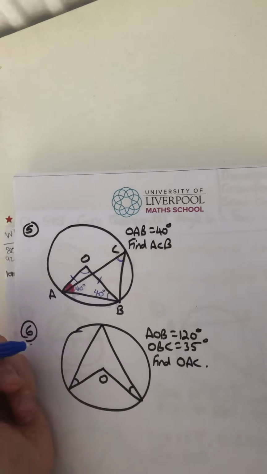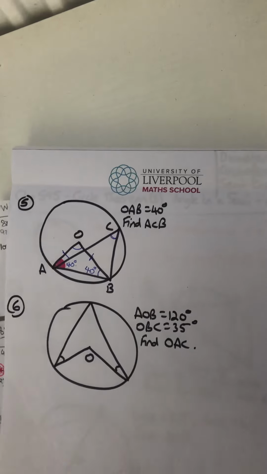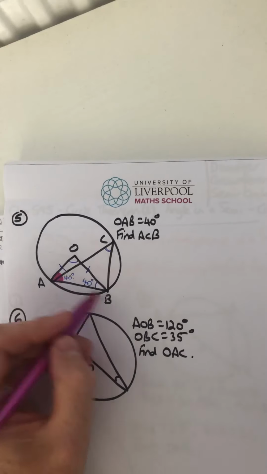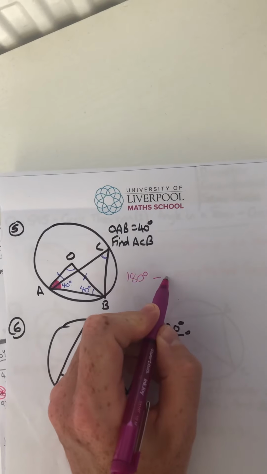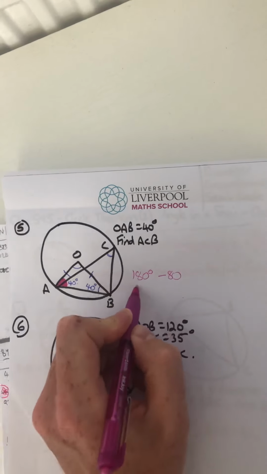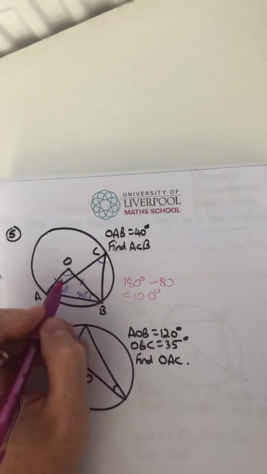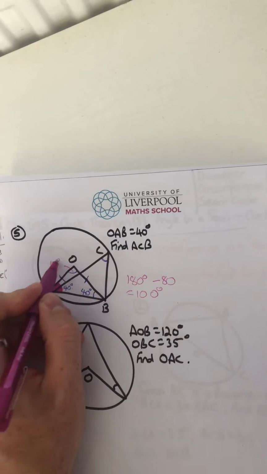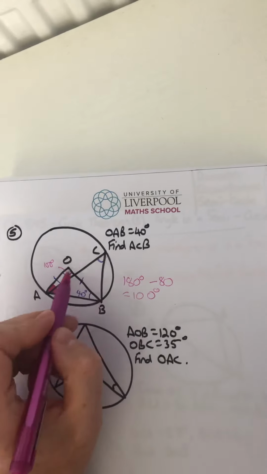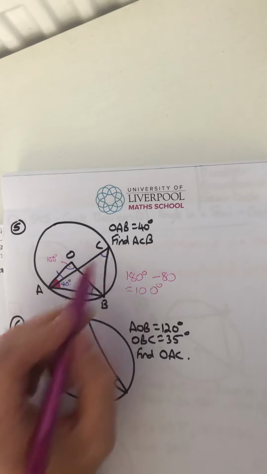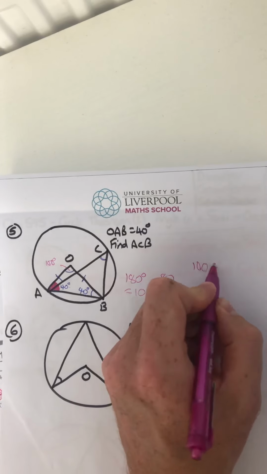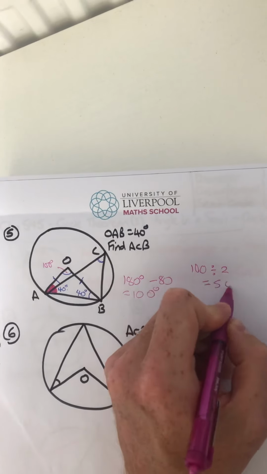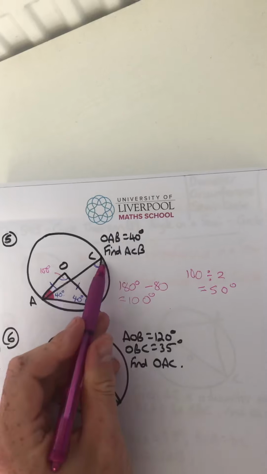Okay, so if we know that those two are 40, you should be able to tell me now what this centre one is. It's a triangle, so you do 180 degrees in a triangle, take away two lots of 40, which is 80, and that is 100 degrees. That means this one is 100 degrees. Then that one and that one are linked together by angle at the centre is double the angle at circumference. So this one is half that one. So 100 divided by 2 is 50 degrees. So ACB